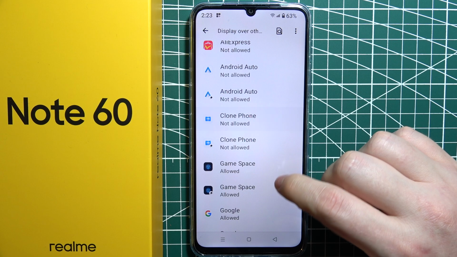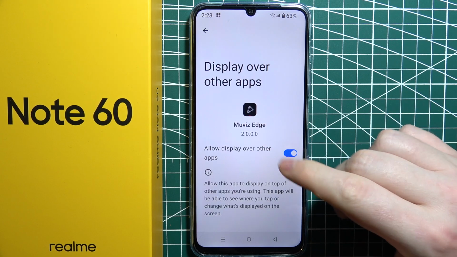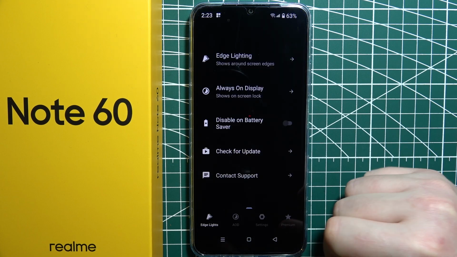So now we need to allow the app to display over the others. So just find it and then activate it like that. Now we can go back